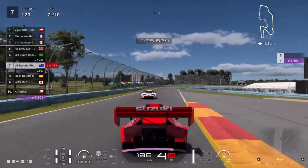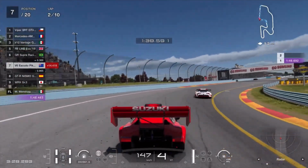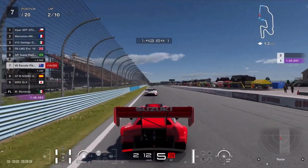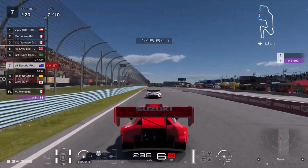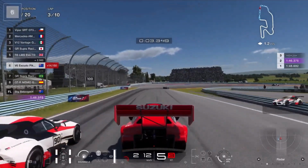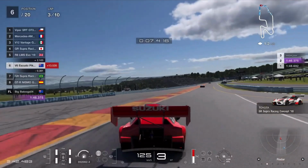here. But I actually think this thing's handling very, very well. It understeers, which I guess with something with this much power, it's a lot better than seeing it oversteer through every corner. Because I think if this thing with this much power oversteered through every corner, I wouldn't be able to drive it. I mean, maybe I could, because I actually generally prefer slightly oversteery cars to understeery cars,